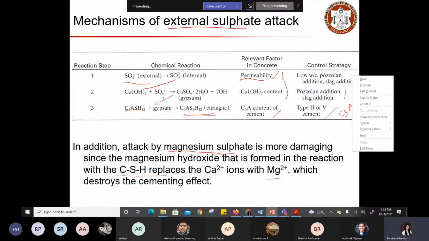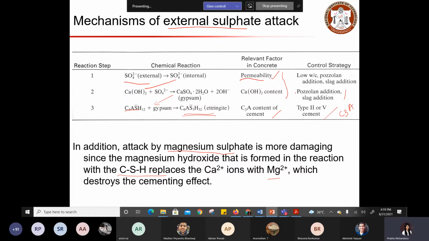And in this case, when the sulfate reacts with calcium hydroxide, the main thing is calcium hydroxide. So you need to reduce the content of calcium hydroxide as much as possible. What are the ways to reduce it? When you use mineral admixtures, they react with your calcium hydroxide to produce additional CSH. So in the process, your calcium hydroxide is getting consumed, and the quantity of calcium hydroxide will get reduced. So the strategy here is using mineral admixtures. And then the final thing is,